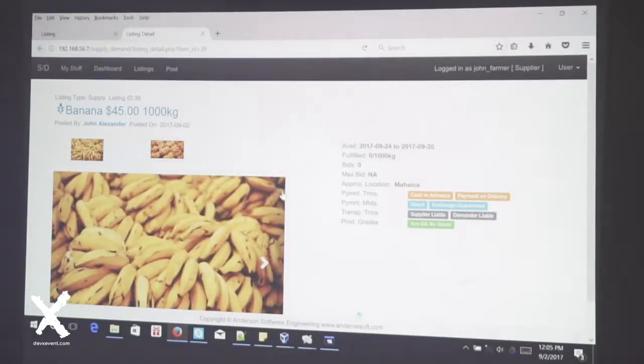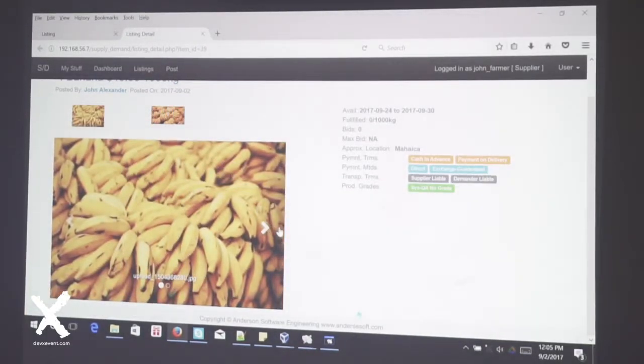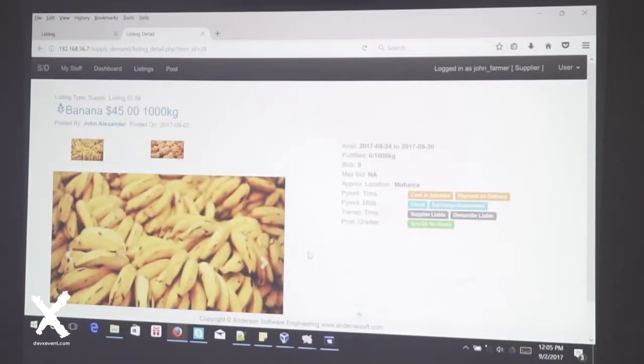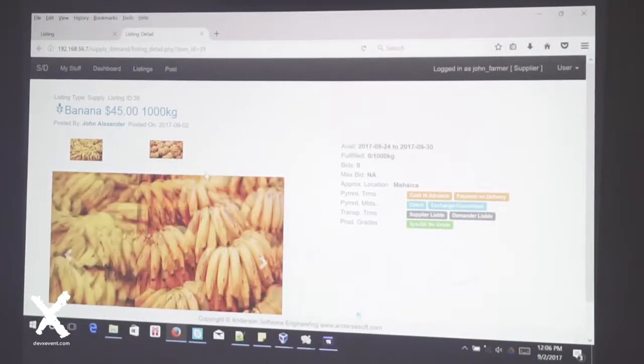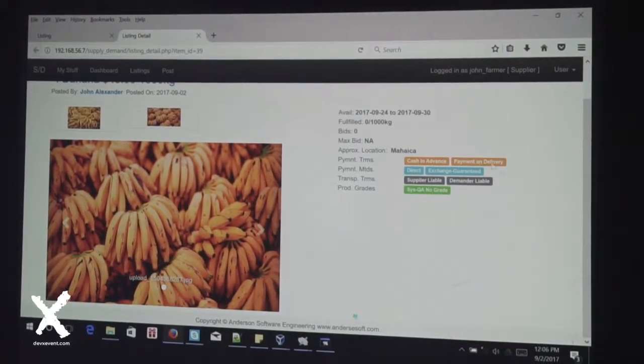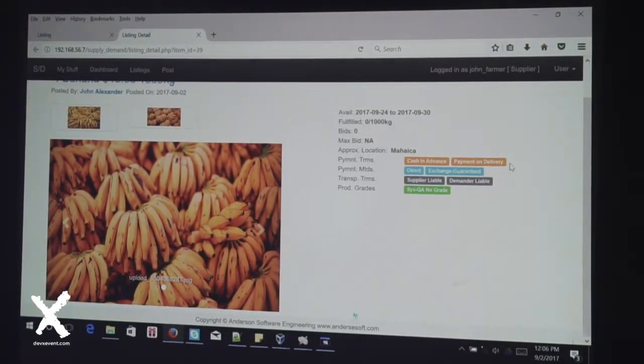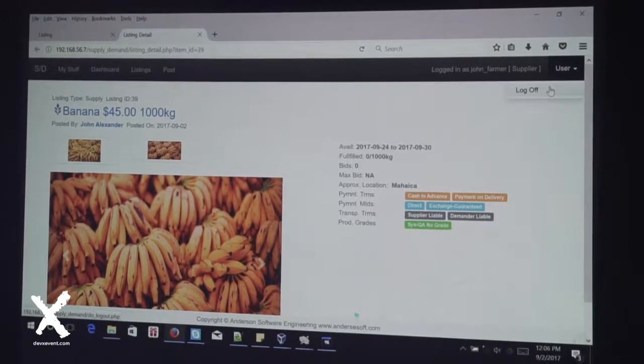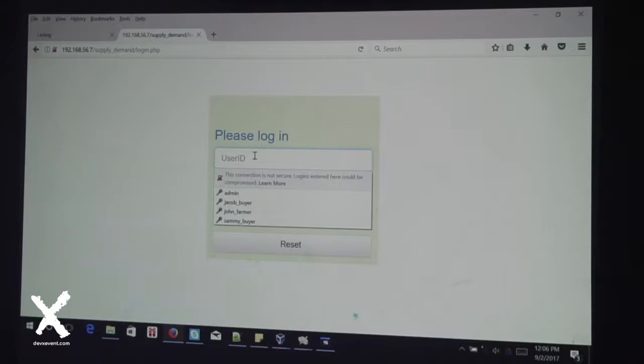So this is what the listing looks like. I'm going to log in as a demander and show you how that's done. So these are the products, and these are the terms, the amounts, and some other information. So let me log in as a demander, and we can see.